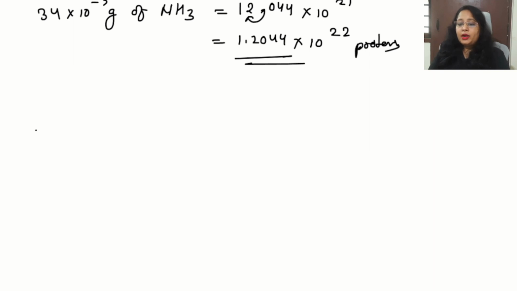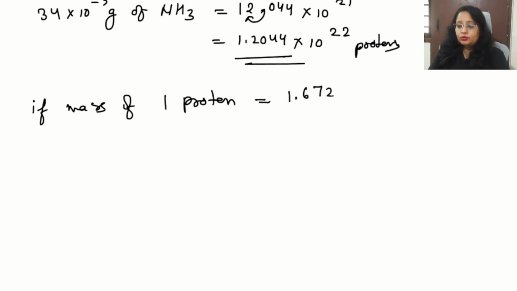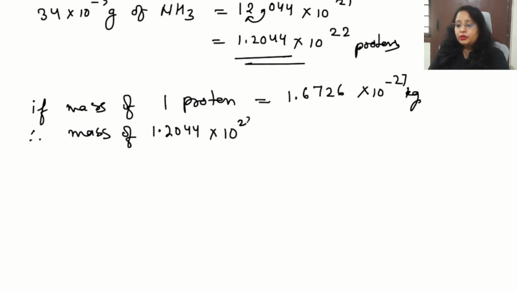Now the B part is the mass of the proton. So the mass of one proton, that is a fixed value, 1.6726 into 10 to the power minus 27 kg. So the mass of 1.2044 into 10 to the power 22 protons